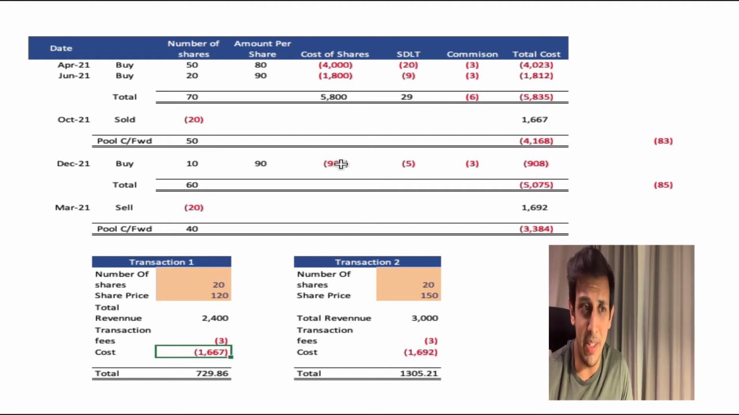Now them 10 shares basically means that, again, with the stamp duty, land tax and the commission, our total cost is £908. So therefore our revised number of shares is 60 shares that we've got in our pool, because we carried 50 forward from when we sold the 20 shares. So we've got 60 shares now, and that is a total average cost of